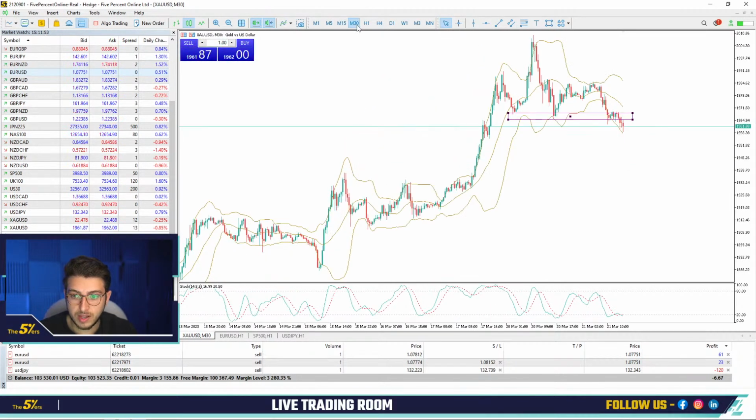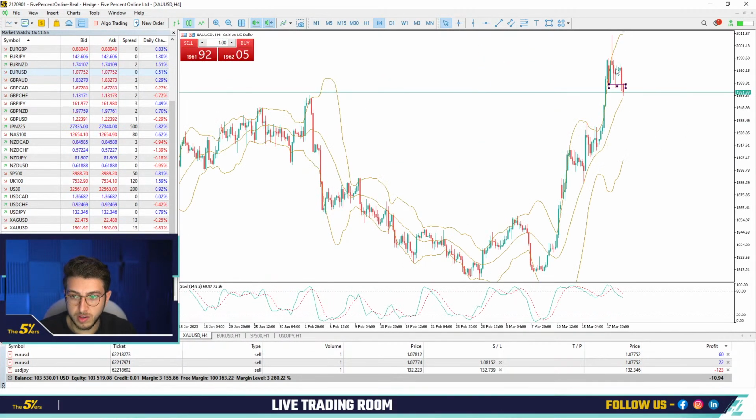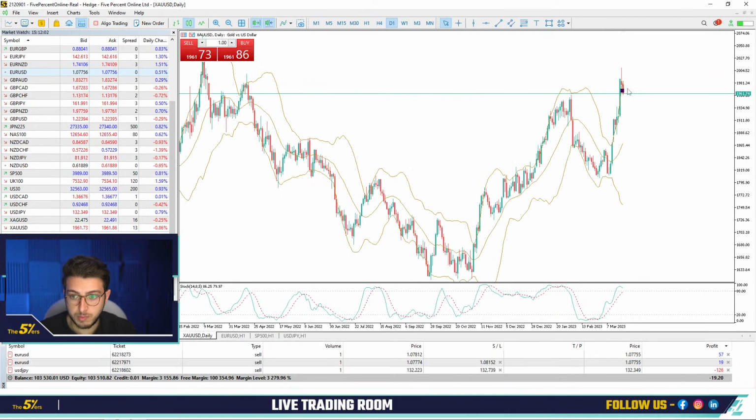But again, if you look at the higher time frame, like in the H4 here, you don't want to make a buy in this type of spot. For me, it would be more a sell, and expecting the market to retrace maybe to the top here. The market needs to calm down.